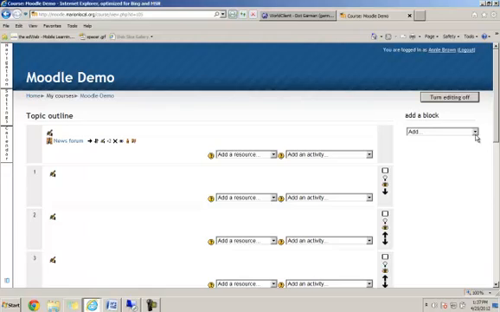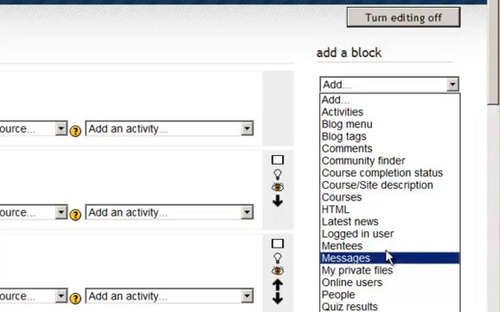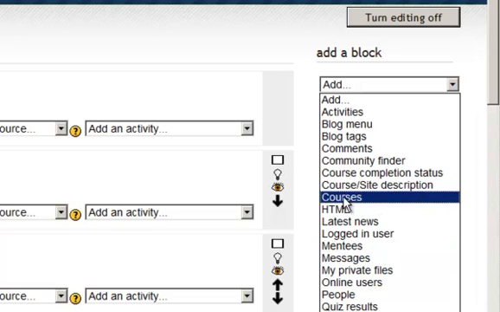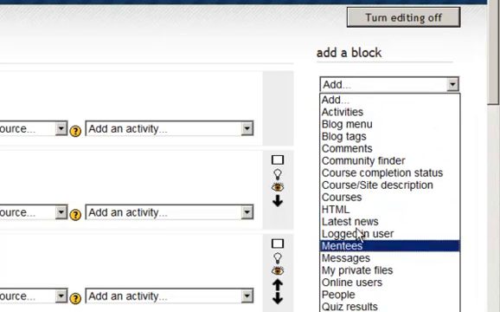We're now going to look at the blocks called Messages and Courses. I'll start with Courses. So with editing turned on, I click in the Add a Block drop-down menu and I select the block I